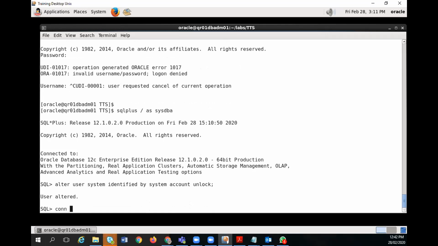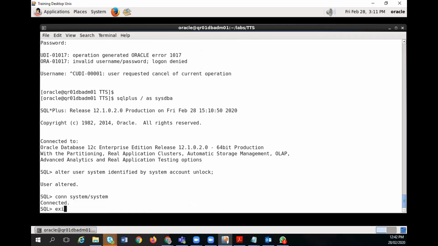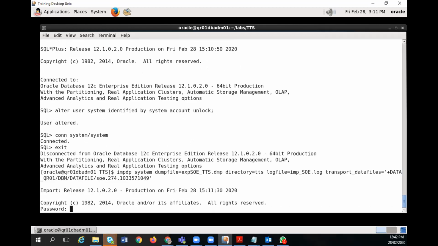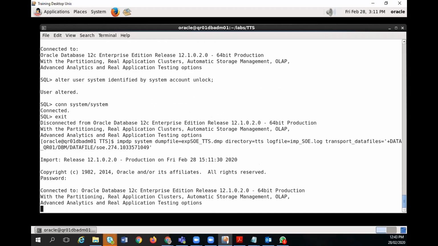And then I can also try to log in. Okay, I'm able to log in, so now I can go with the previous command and import. It will pass. The system manager we are giving, but here, as I said, the same username and same password I'm using.